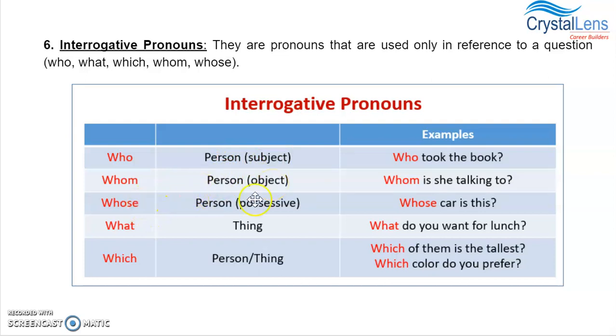You use whose when you're trying to show possession. You use what when you're talking about things, and then you use which when you're trying to compare. This example says, whom